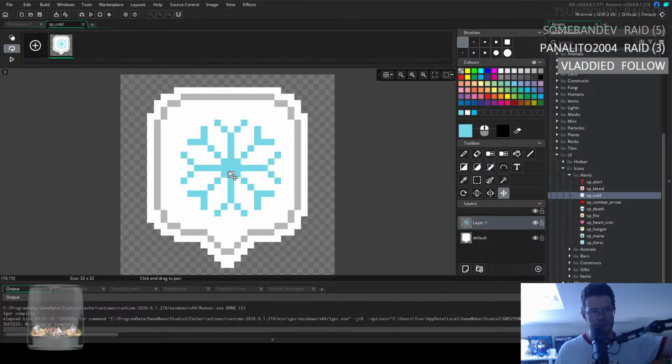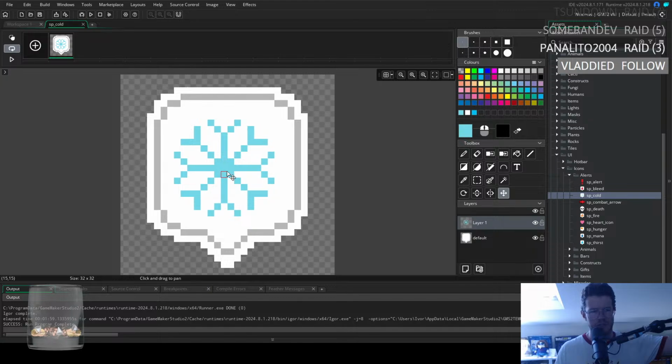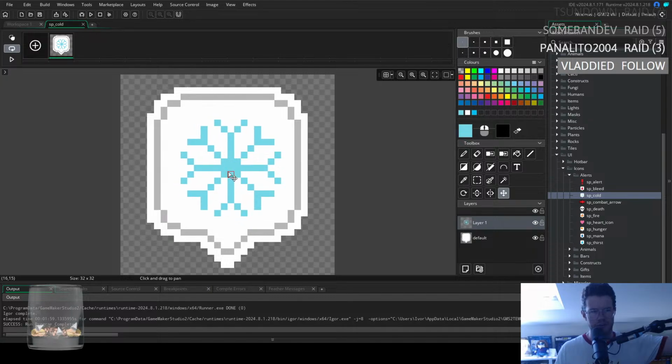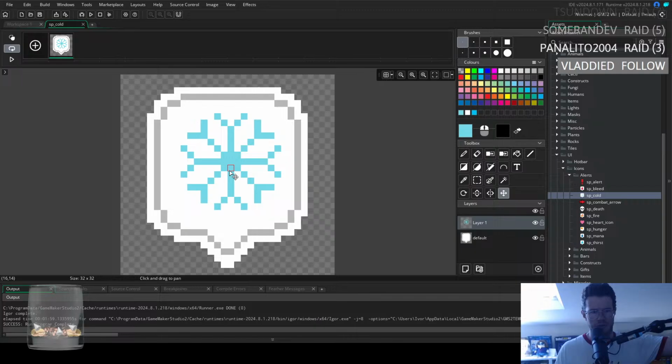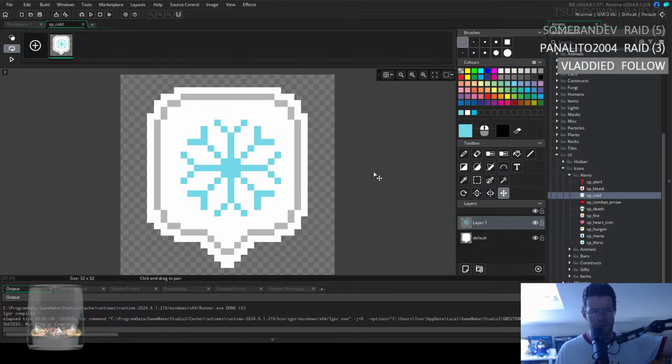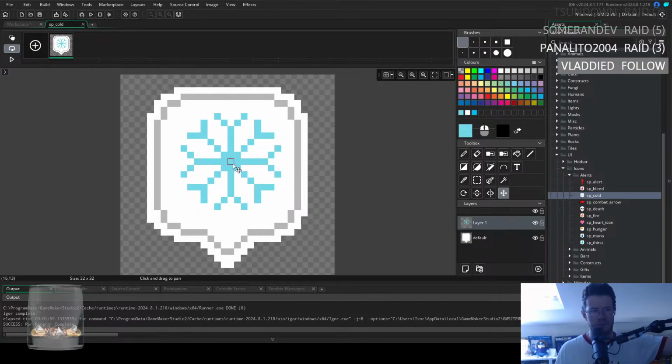It looks better on the right than it does on the left for some reason to me. I don't know why, but